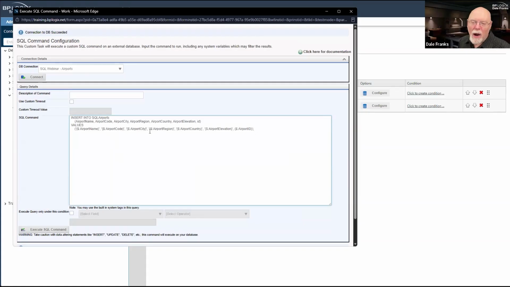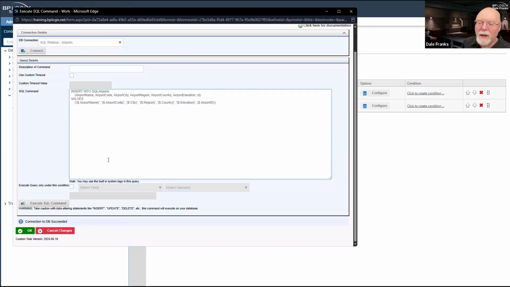SQL statement right in here, knowing that we are going to have to get rid of the word airport for all of my subsidiary fields. Oops, I am going to need that colon. And finally, elevation. Okay, I got a SQL statement. This is the correct SQL statement. This is the one that is going to run.